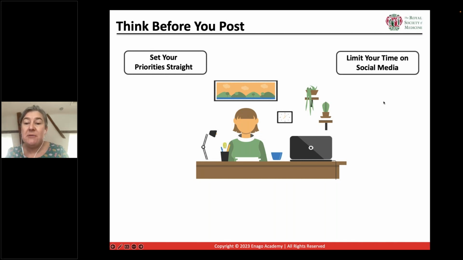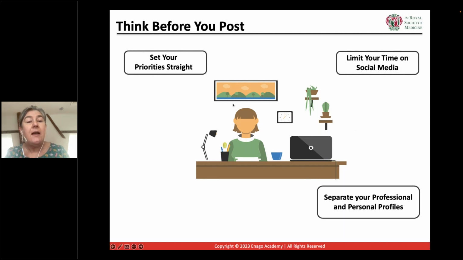As we said before, you should limit your time on social media. Make sure you don't spend too much time on it or go down too many rabbit holes. That's very easy to do. You should separate your professional and personal profiles, and that will help with any potential problems in the way that you communicate with other people in your group, depending on which profile you're using. It should also help with keeping family life private. Also think about confidentiality for any patients, for medical research. All these things are much better done with separate accounts.